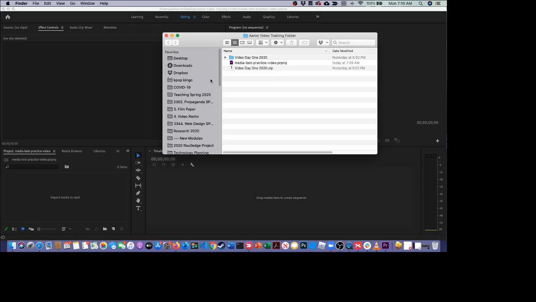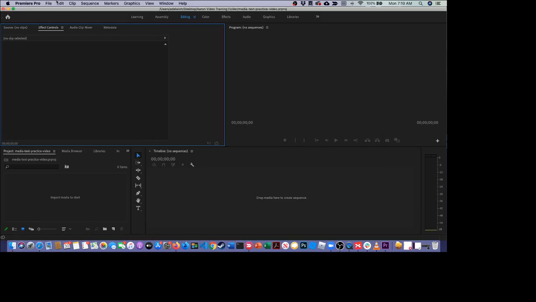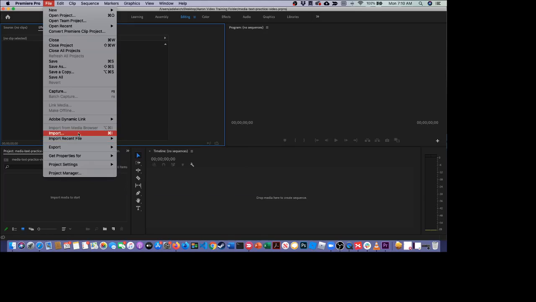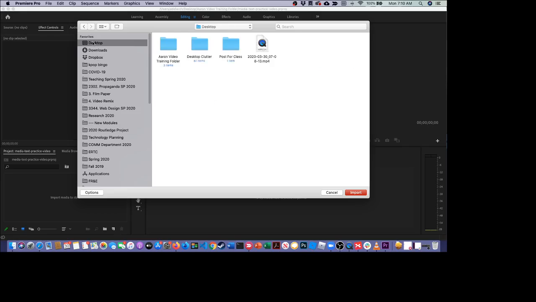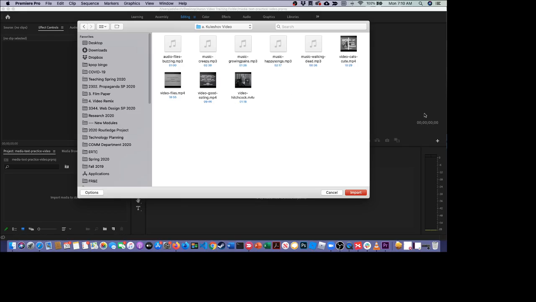The next thing that we need to do is import all of the assets that we'll be working with into Premiere. To do this, I'm going to go into Premiere and go to File and select Import. And that will show me a list of all of my files on my computer. I'm going to go find my desktop. I'm going to go find the video training folder. I'm going to look for Video Day 1 2020, Kuleshov Video,